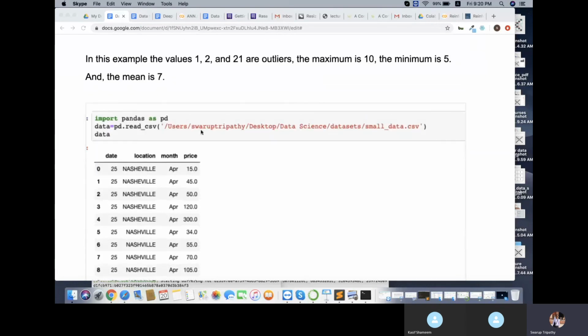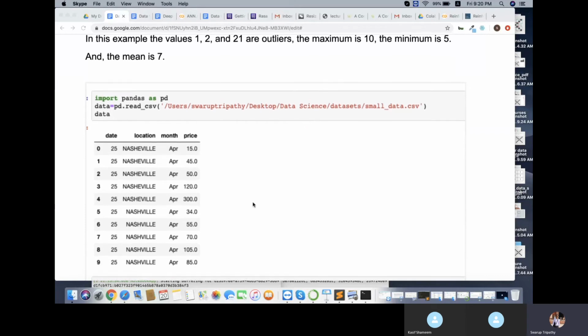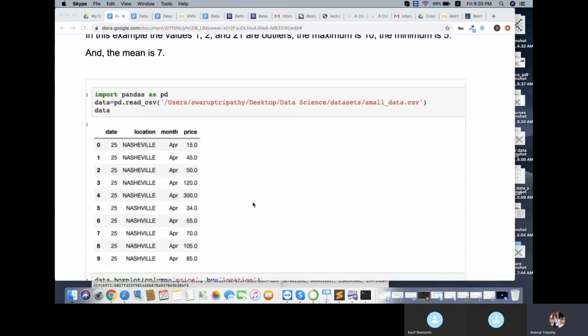So for doing this, I have taken some data. This is just imaginary data, a dummy data which I have created. So now you can just read this data file. Then using this data, we'll be plotting a box plot. First you can go to the same tab which you worked on yesterday, and then try to read this file, and we'll be doing a box plot. This file will be there in the datasets folder. The file name is small data.csv.